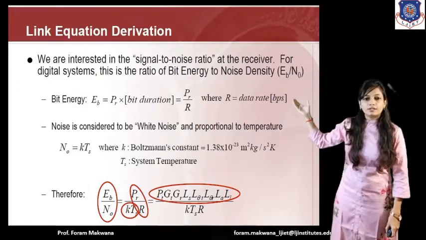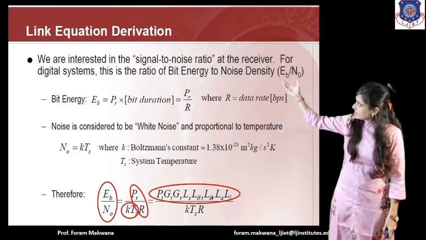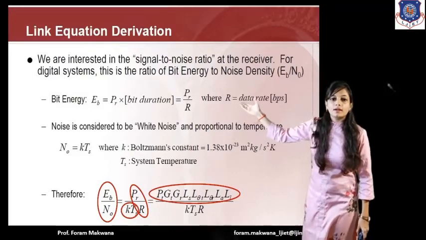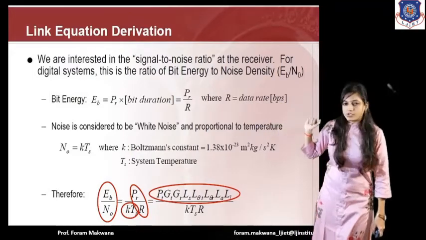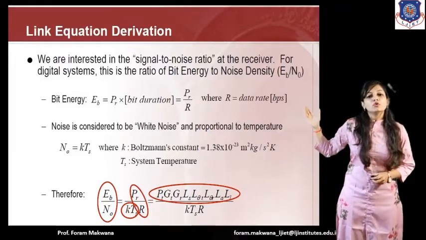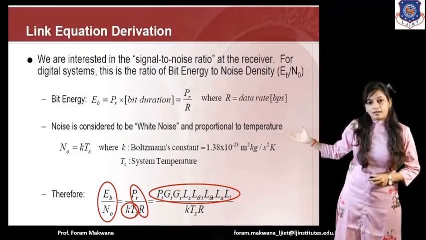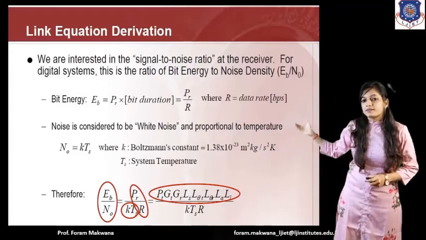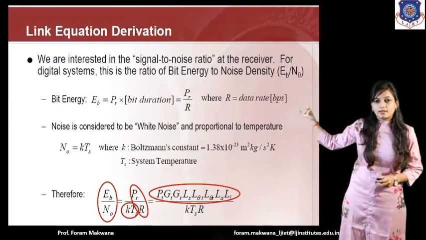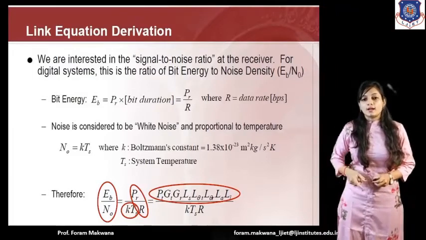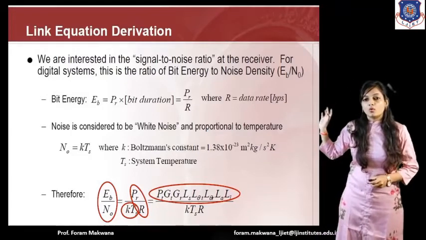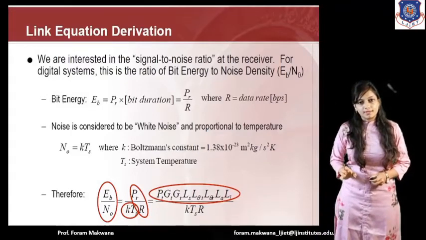For bit energy, that is represented as Eb, right? So Eb is equal to PR in bracket bit duration. What is my PR? PR is the received power, right? So PR divided by capital R represents the bit energy, and my R is the data rate, that is bits per second. It is divided by R because it is a data rate, and if it is duration, then it is multiplied by 1 upon R, right?